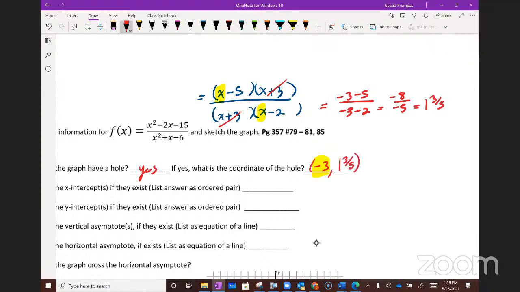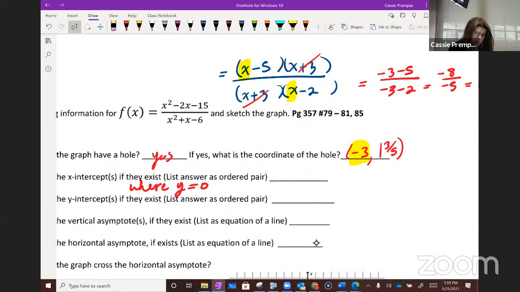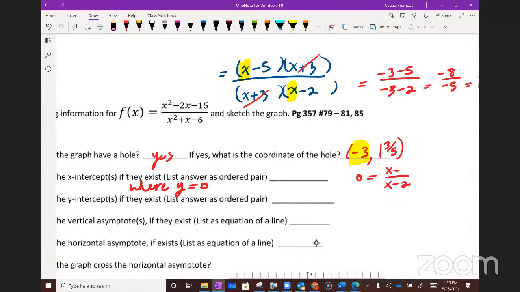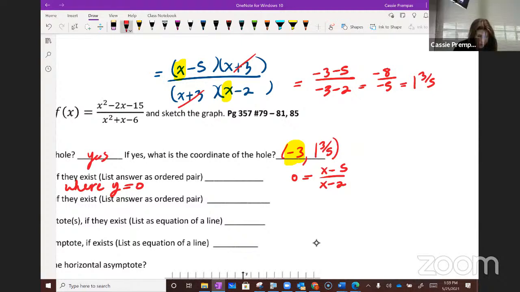Okay. And then the x-intercept is always where y equals 0. So I can take the reduced function, so take x minus 5 over x minus 2 and set it equal to 0. Mm-hmm. And then I could multiply both sides out by x minus 2. So I'm really looking for where does 0 equal x minus 5. And so x has to equal 5. So 5, 0 is the